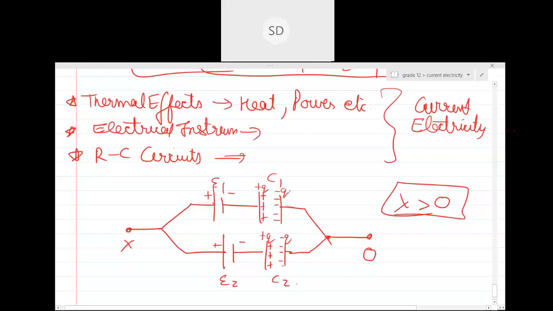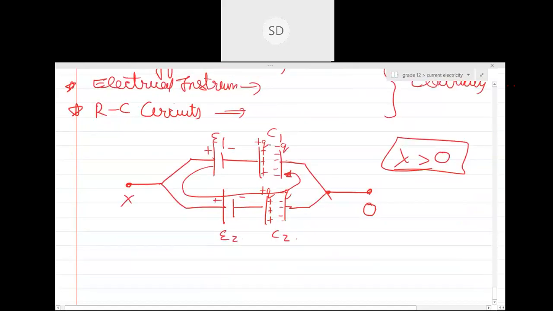I think so. Let me check. I'm not sure. If I am flowing the charge through this, then this should be positive as well. I was thinking that it should be opposite, right? Yeah, this should be opposite. Let's check, no problem. So let's make it plus Q, minus Q. Then we'll see what the final result is.